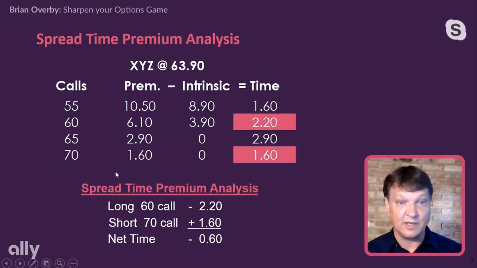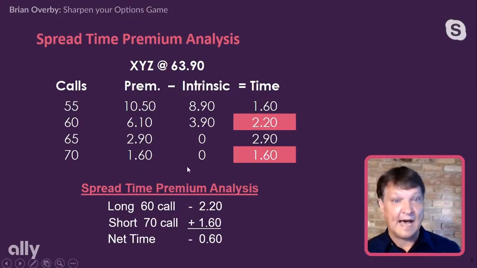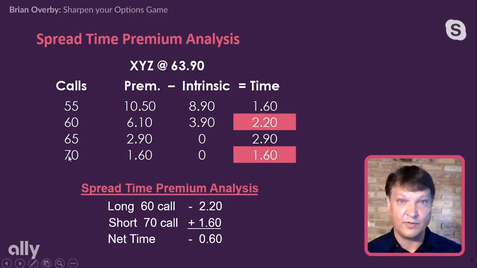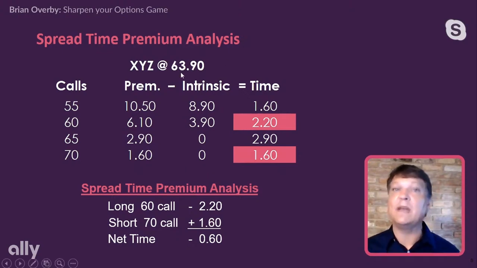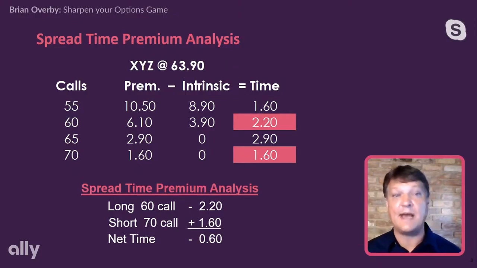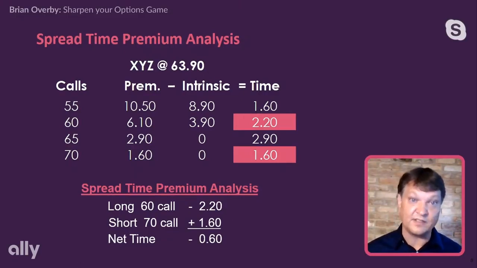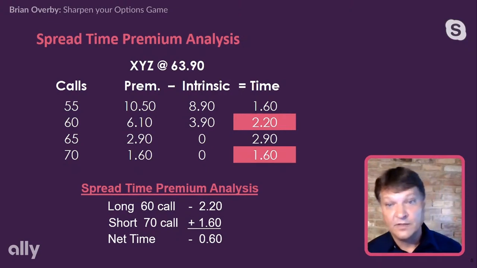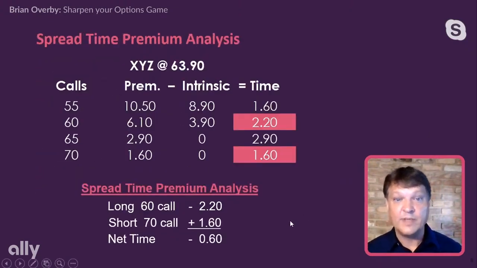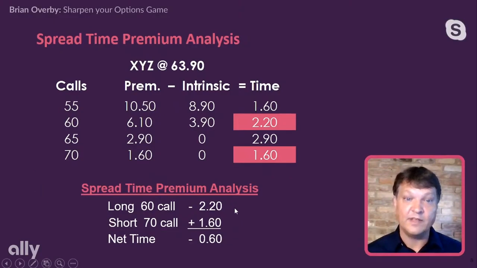We sell this option contract for $160, and we see that in that instance, we have no intrinsic value, right? It's out of the money. The call price is at 70, and the stock is at 63.90. There's no benefit to exercise that. If you exercise that option contract, you just get the stupid award for doing it, right? You'd be buying stock at 70 when you could buy it on the real market at 63.90, not via the option. So in short, we see that the time premium of this entire spread, we're paying $220.